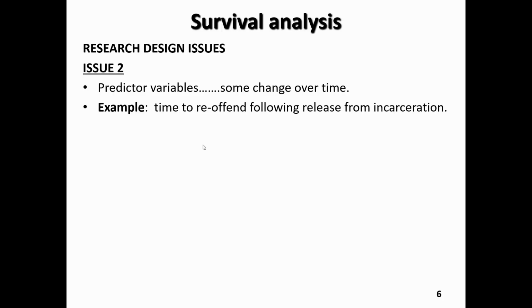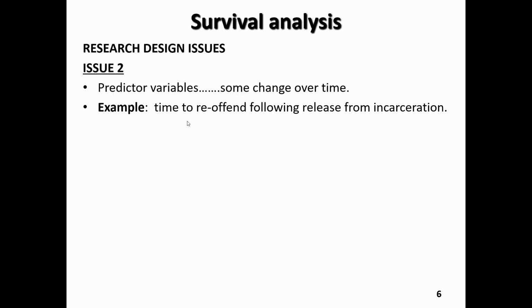So the second issue here with survival analysis to be aware of, and this could present some complicating factors, but the complicating factor can actually be accounted for in the study, has to do with the predictor variables. And so on slide number 5, we didn't identify a predictor variable. We were just examining the timeline for event identification. So in terms of the second issue here related to predictor variables, some predictor variables do change over time. Using an example here,